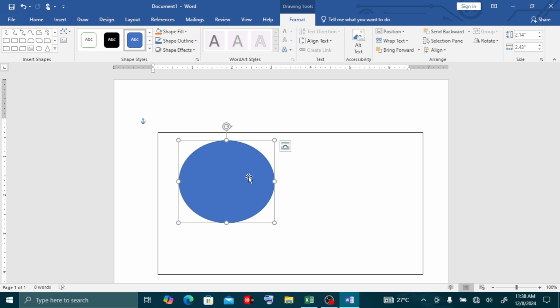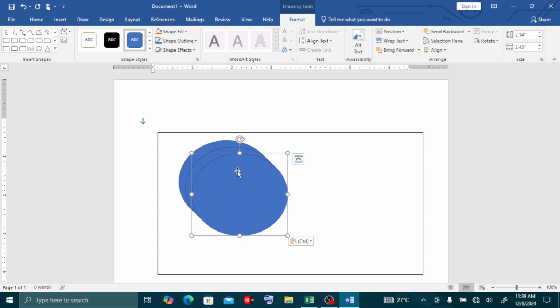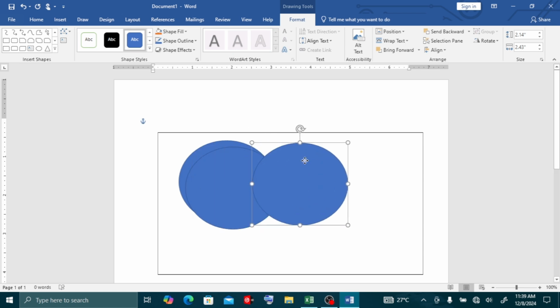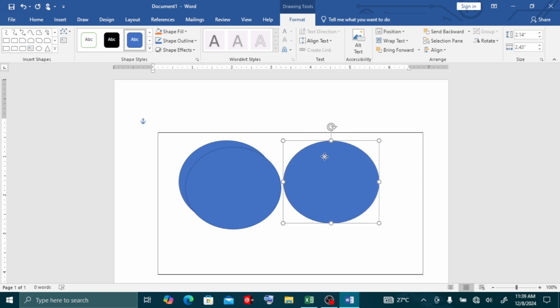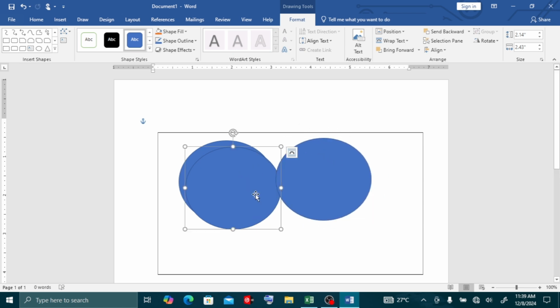To get the other sets, the shortcut without going back to bring another shape is this: you press Control and hold and press C. That is copy. You copy that shape. Again, you hold Control and press V to paste it. That's now the second shape. Again, you hold Control and press V. That is the third shape. Now you start arranging them the way you want them to appear.